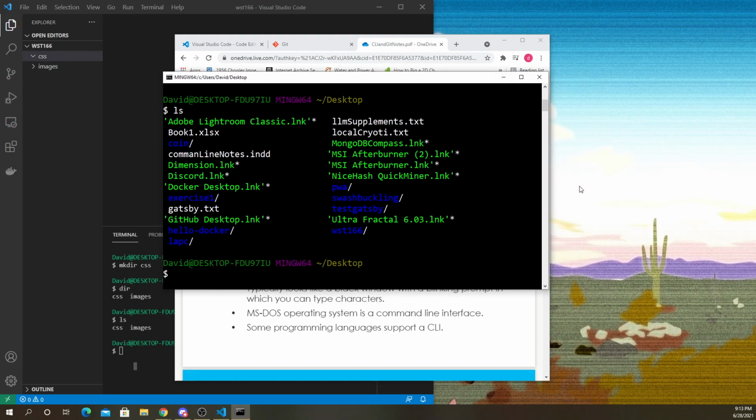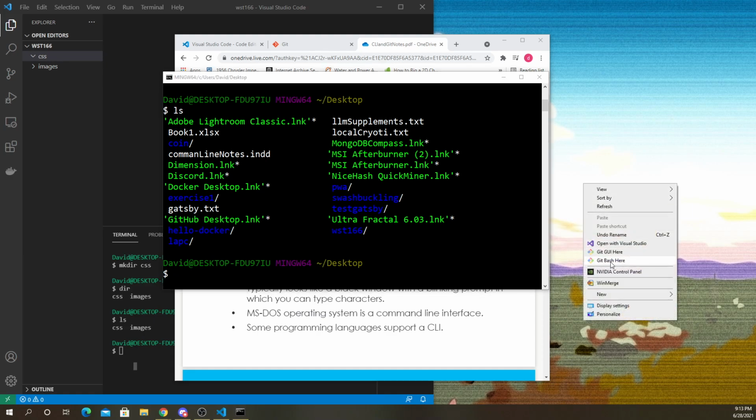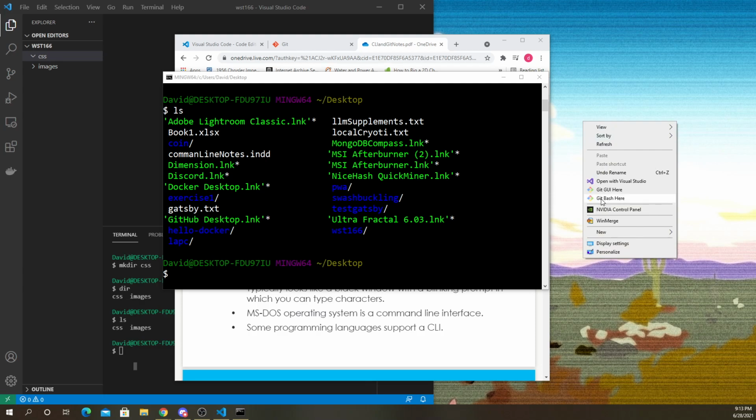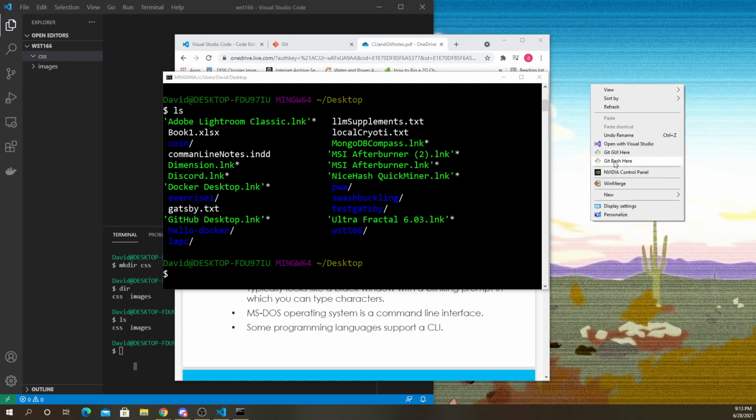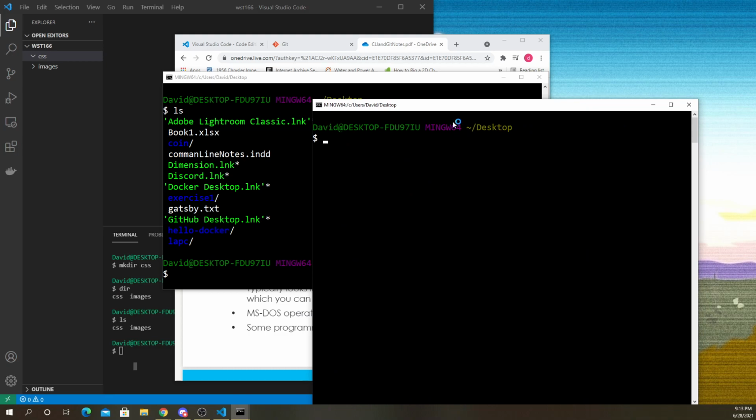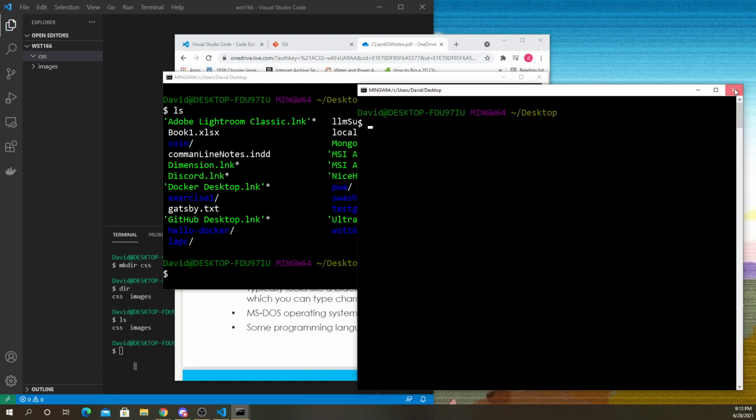So if you have Git installed, anywhere you could right click, you can click Git bash here. It should open a new terminal, and whatever folder you're in will be where you are here. So I'm on my desktop, that's why it says desktop.